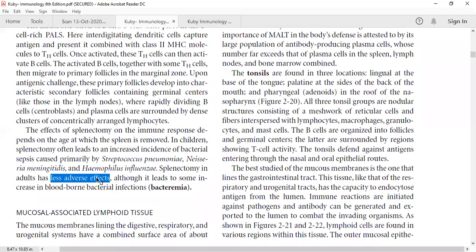Can you think of this? Anyone, please? I will be happy if you answer. Seema, Hiba, and Ankit are in the class. Guys, something is coming into your mind. Why is there a difference? Why is there a difference if you remove the spleen at a different age? Only the difference in age, but overall you are removing an organ.